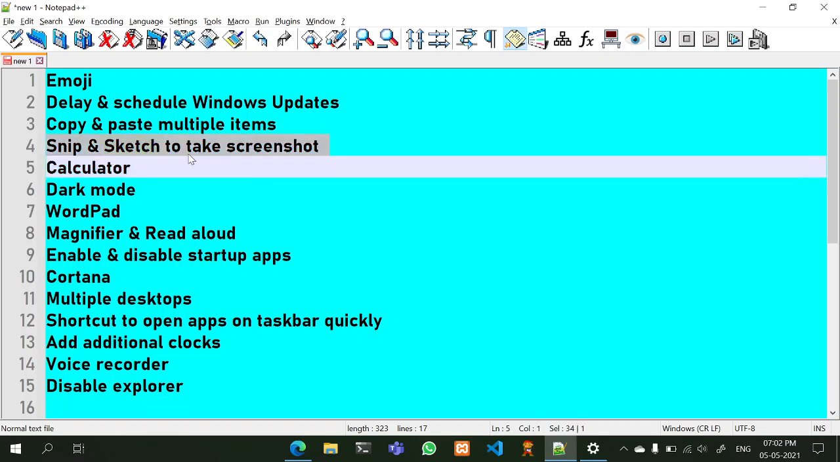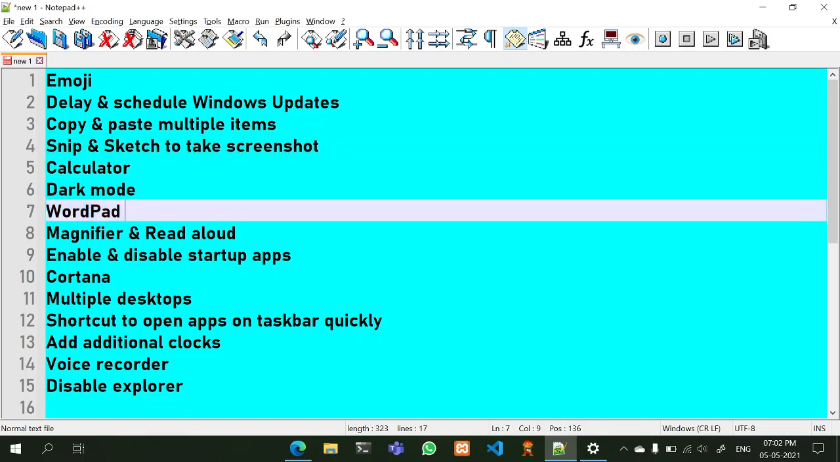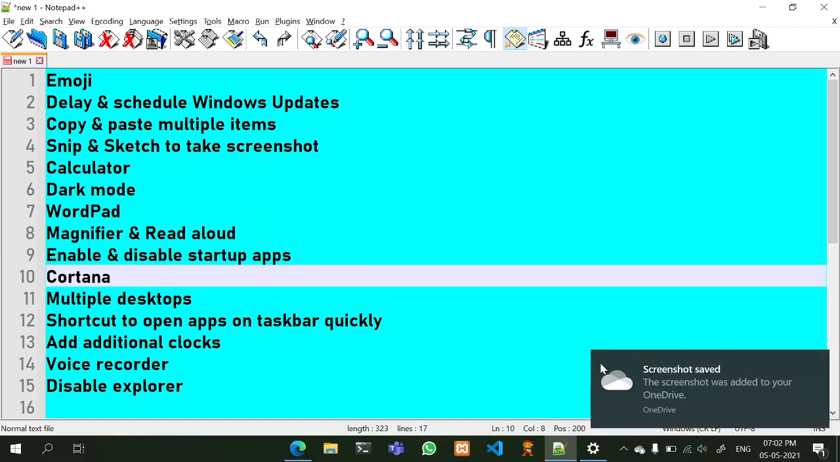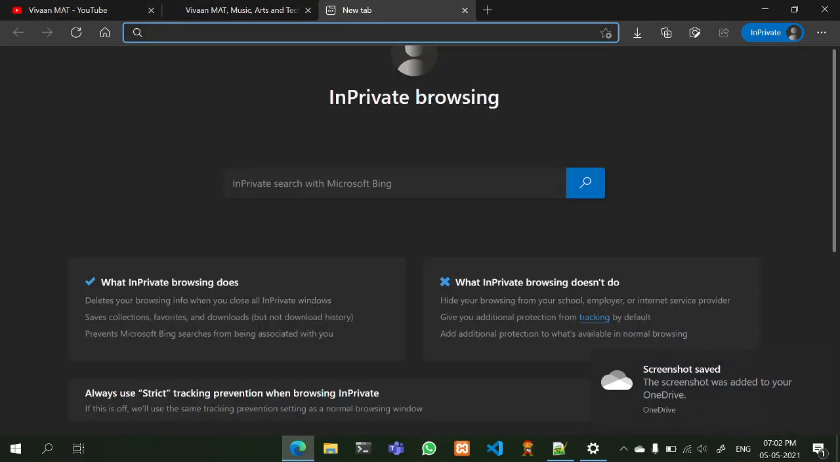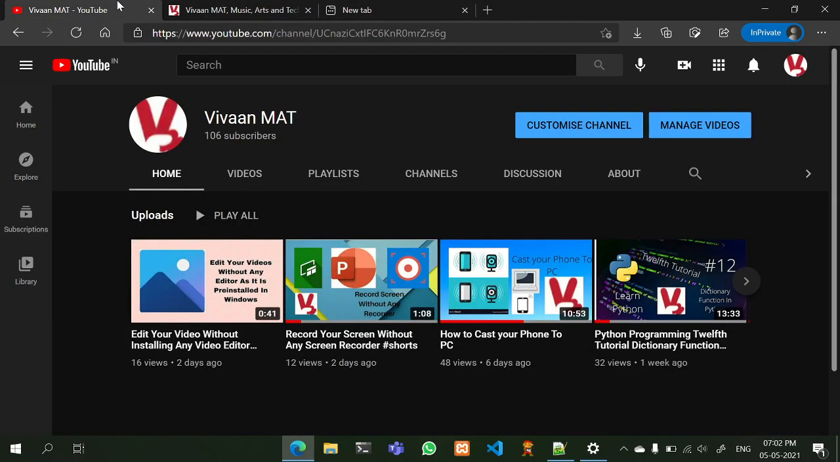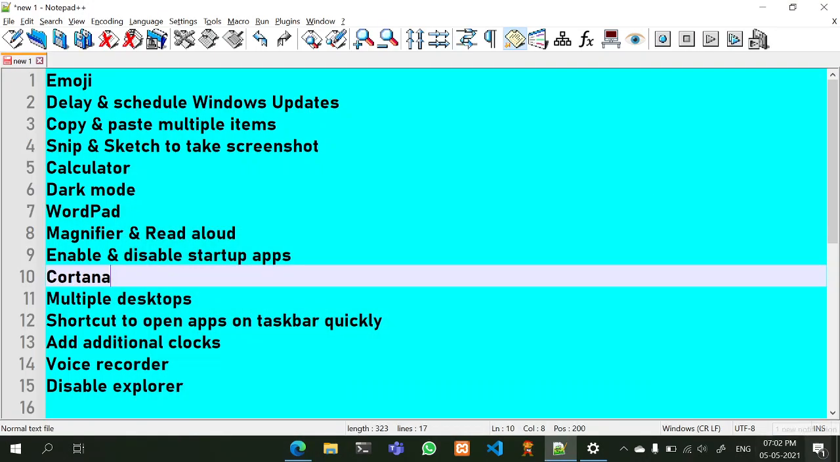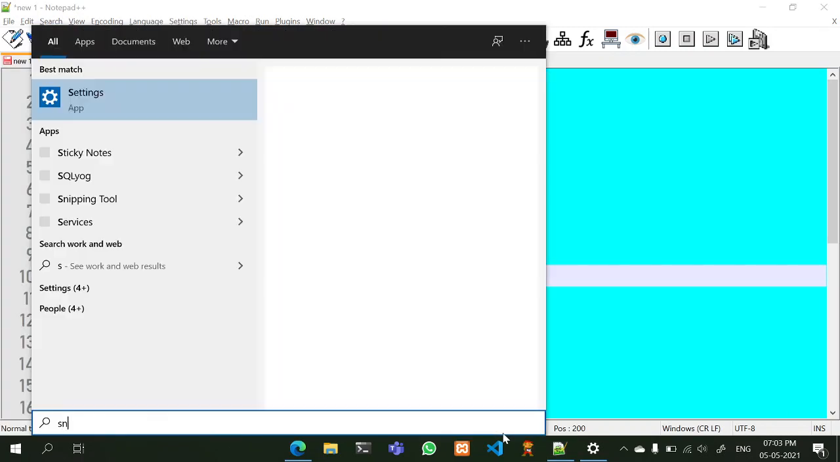And the fourth tip, Snip and Sketch to take a screenshot. If I have to take a screenshot of this Notepad copy, I will press Print Screen, and this will save in my screenshots and was added to OneDrive. Here I can go and paste it. Actually the browser doesn't support this image pasting, but we can paste it in any other chatting application. So it's saved in your OneDrive also, and if you want to hide anything, it doesn't let you hide. So you can simply write